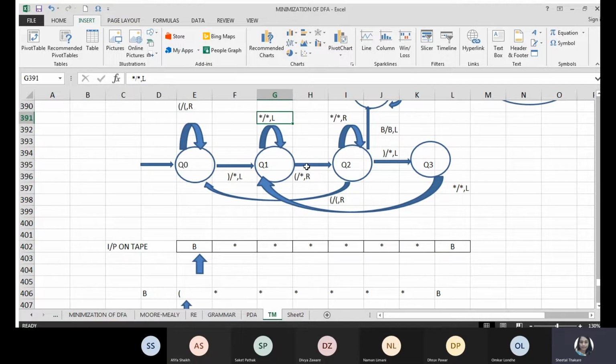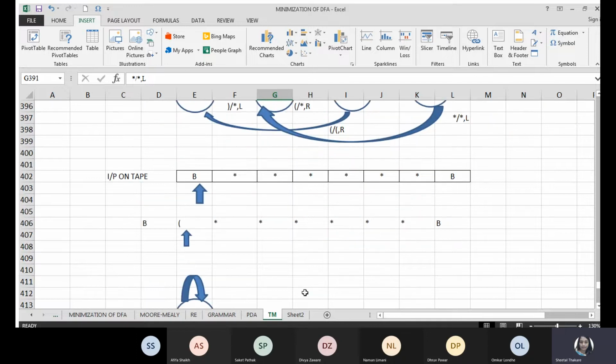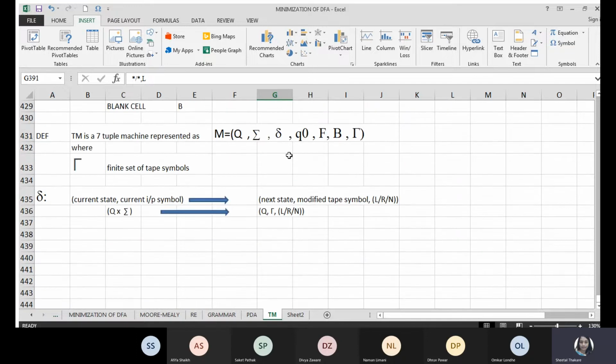Like in this example, sigma will have left and right parenthesis, if we consider the previous example. Sigma and then gamma will have values round bracket left, round bracket right, whereas this will have values